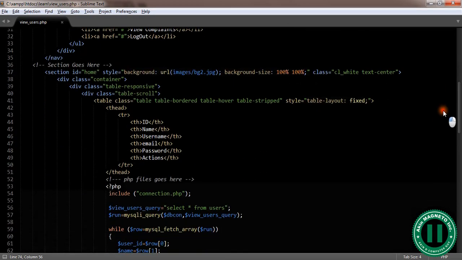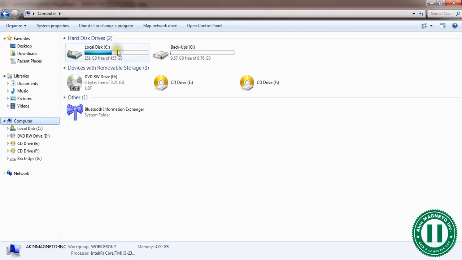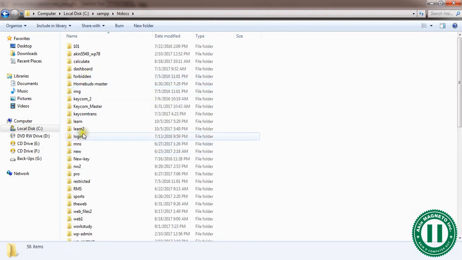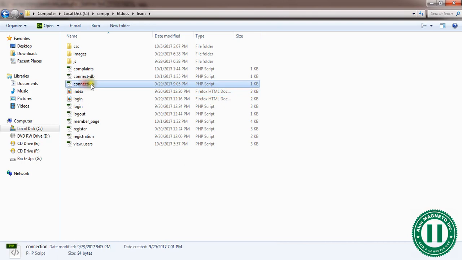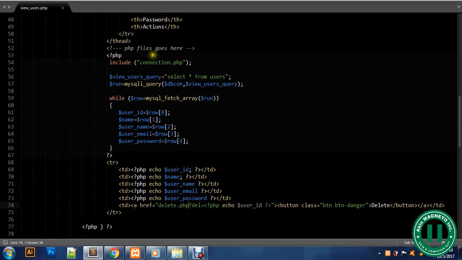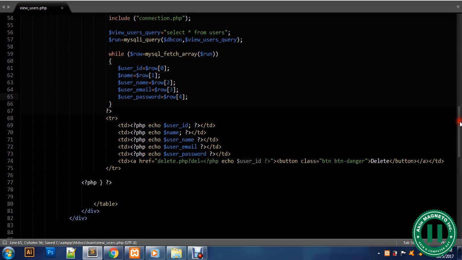We already have our connection file, but let's go and check and copy it again. Sorry, our connection file, XAMPP, htdocs, and let's say lane or connection, copy. Okay, connection, paste. Now let's check this is correct, this and this. Now the next thing here is